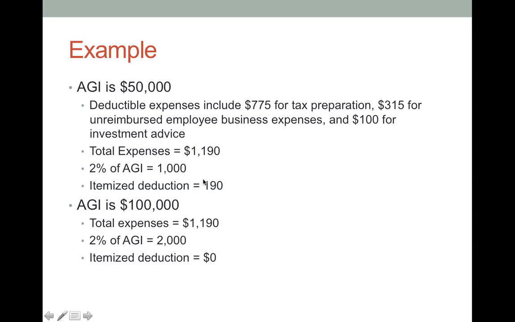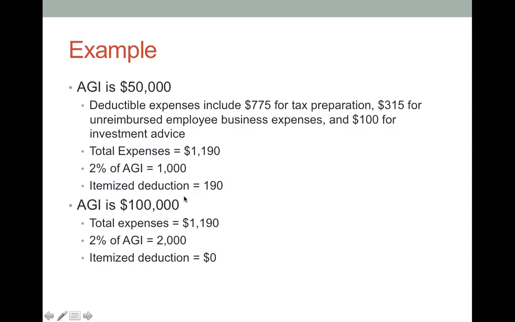2% of his AGI is $1,000, 2% of $50,000. So the amount that Baker can deduct in this scenario is only $190. Okay, not a big benefit for him on his tax return, because of the 2% floor. Again, add everything that's deductible together, subtract 2% of your AGI to come up with the amount of your itemized